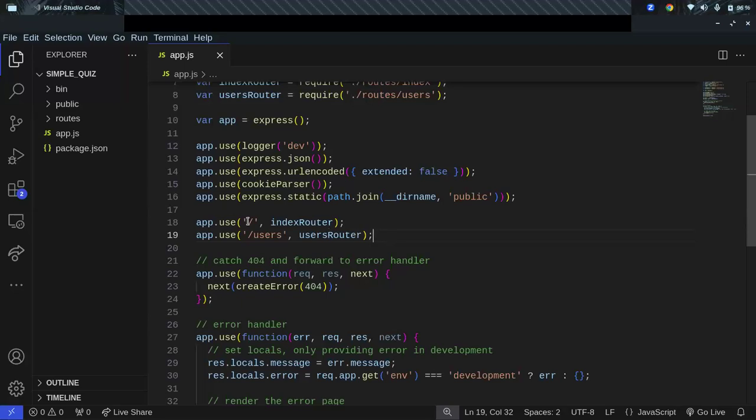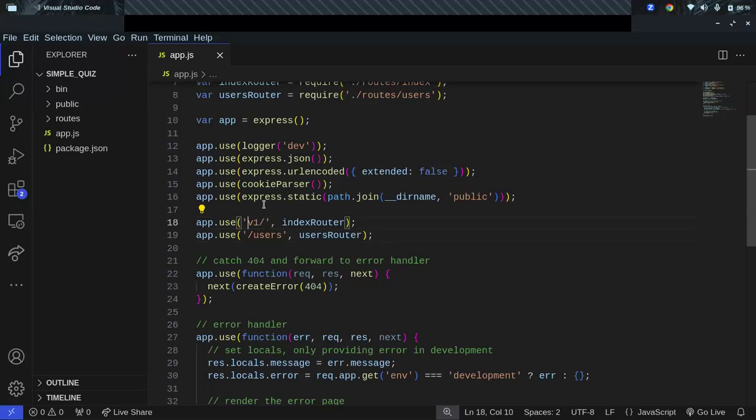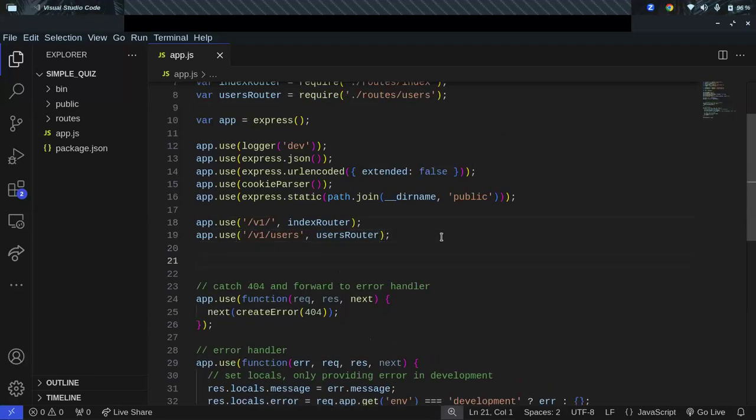So one thing you might want to do is say /v1, maybe the first version is /v1. Maybe if they require this same set of routes, we don't want the former one to break. We want the former one to still work well, but